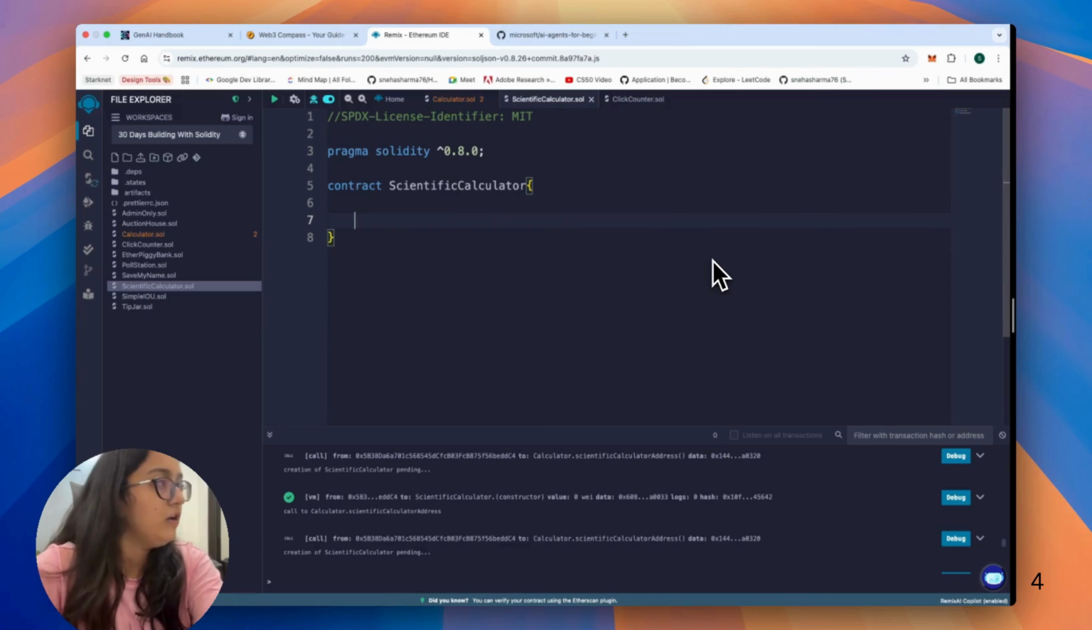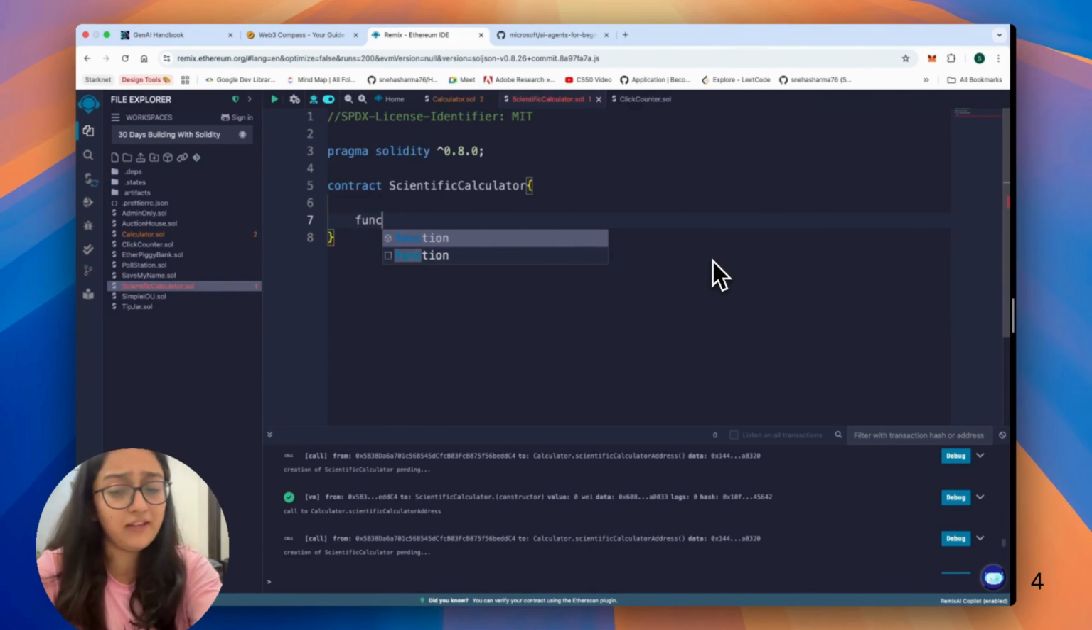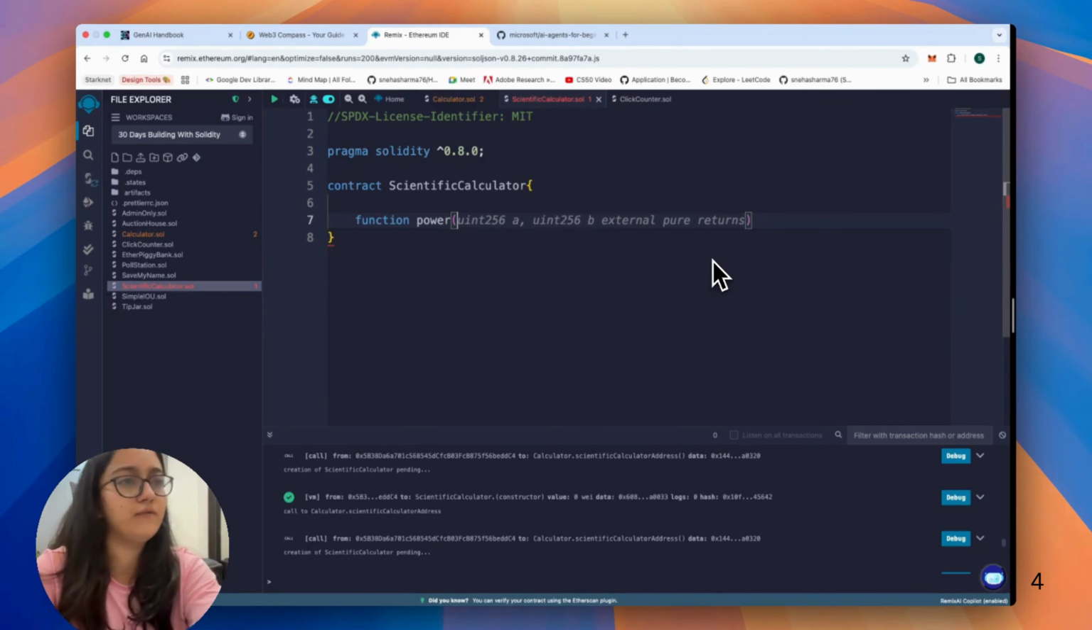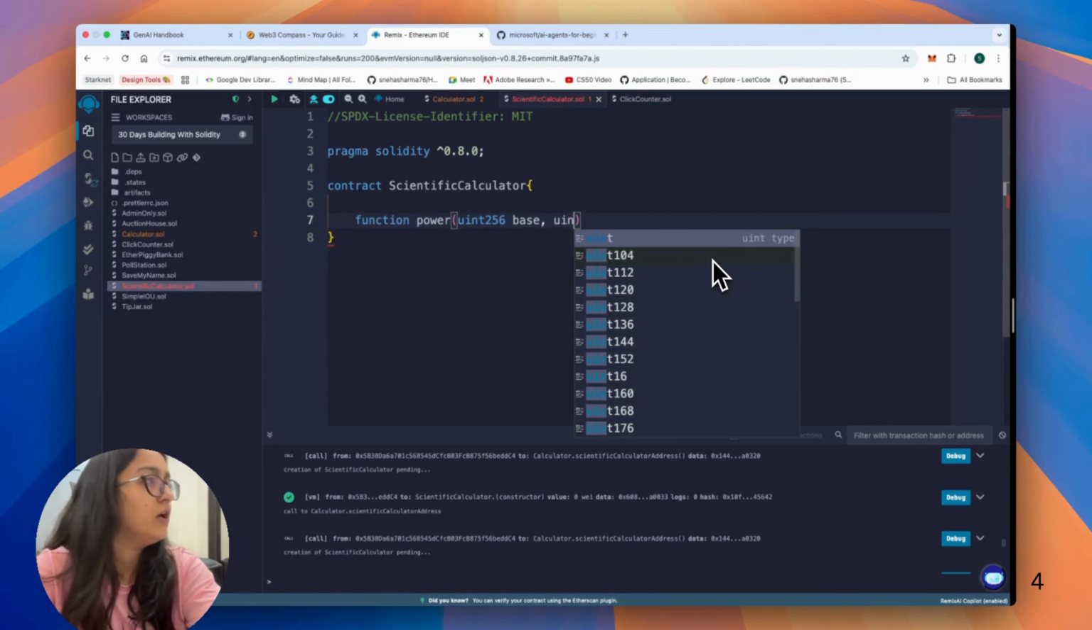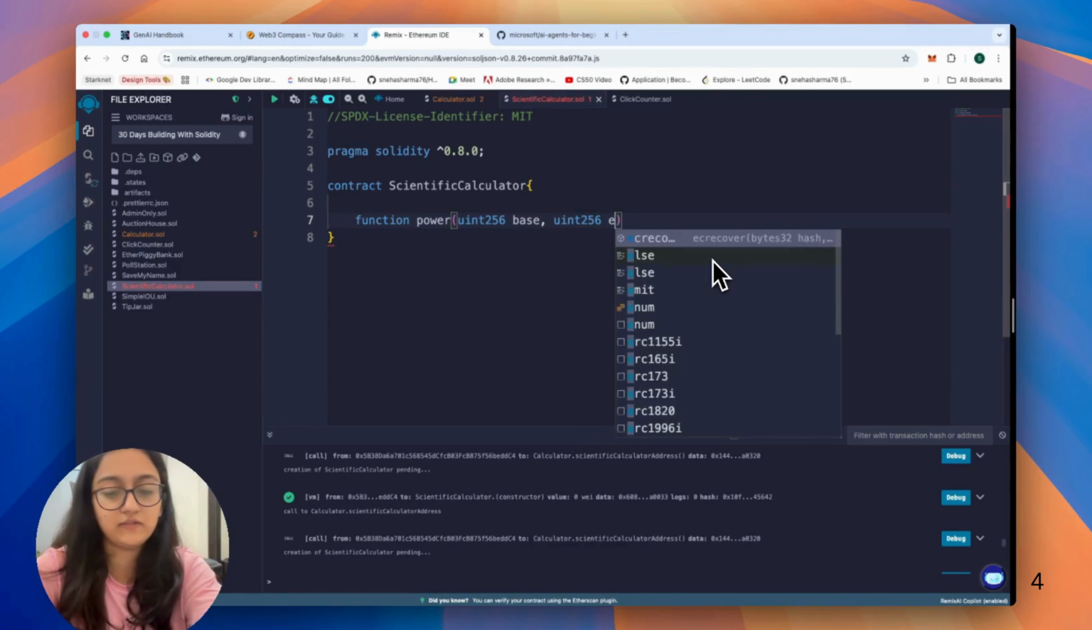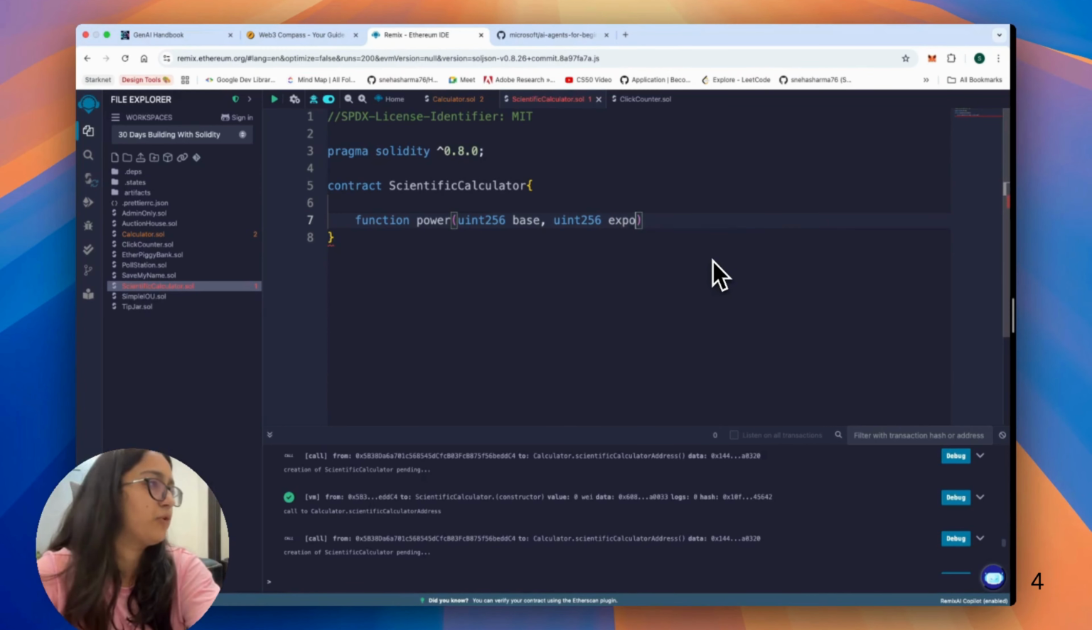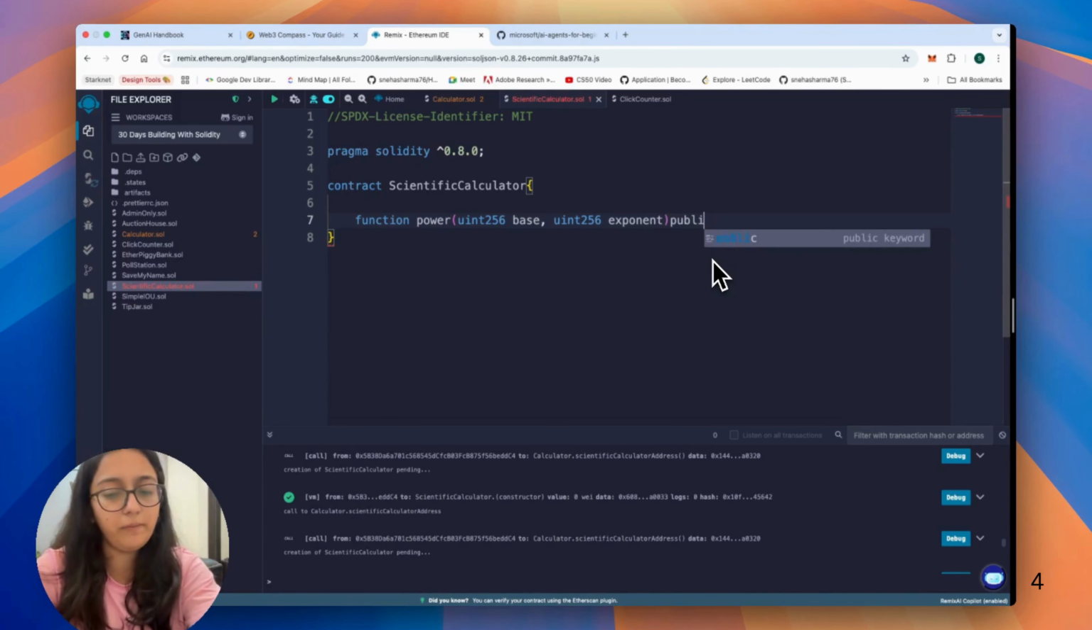So I'll say, okay, easy thing. If you have to implement the power function, it's nothing. I'll just take two numbers. One would be uint256 base and then uint256 exponent. Yeah, that's what the term is. And it says, okay, public,